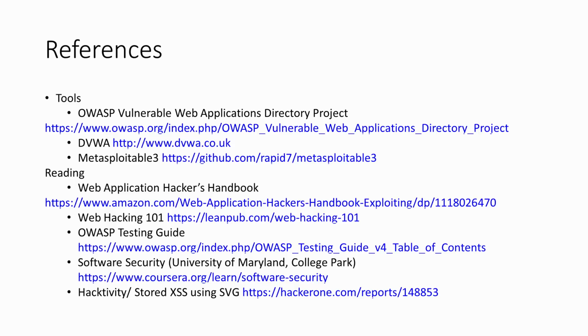Okay, some references for directions for further investigation of what web application hacking should look like, and should be executed like. So first of all, let me show you the things I was trying to hold myself back from showing you